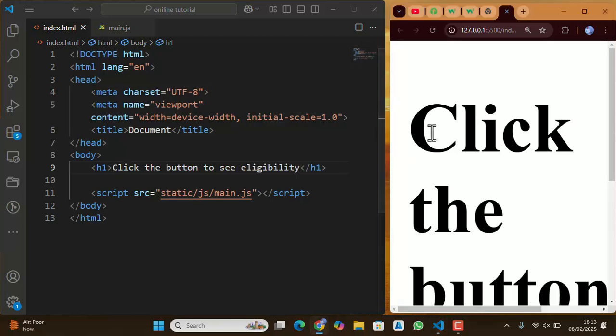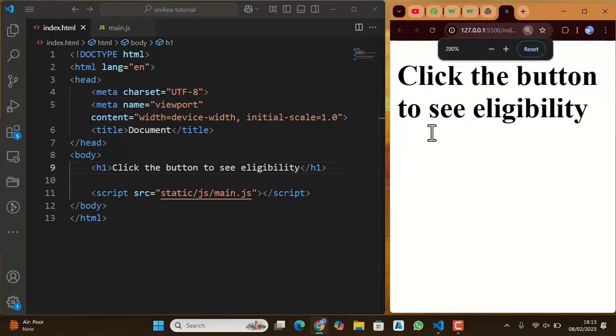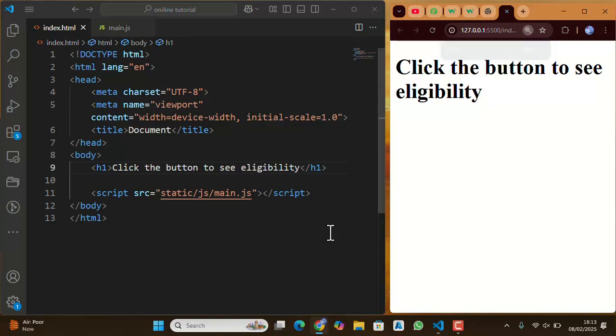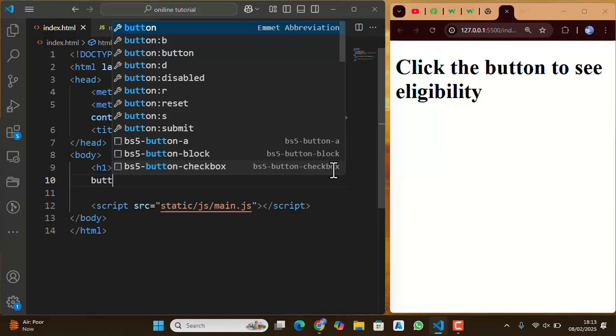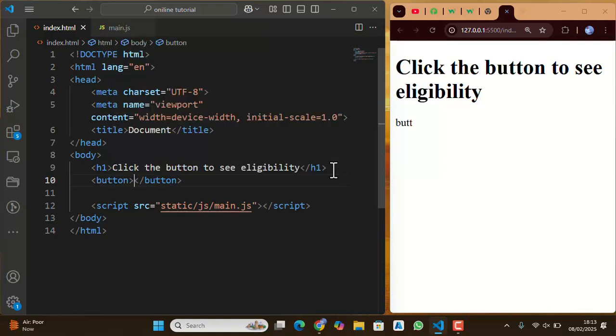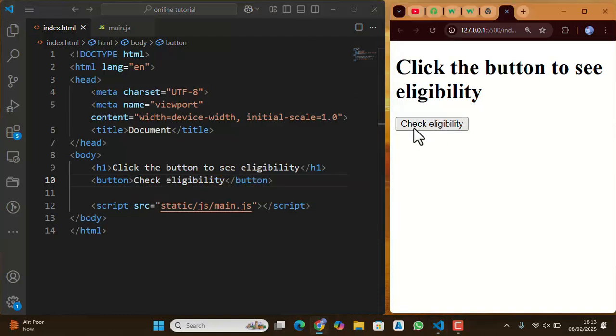So click the button to see eligibility. We are going to have a button down here. This button, we say check eligibility. So this is a button, check eligibility, and if you look at it,